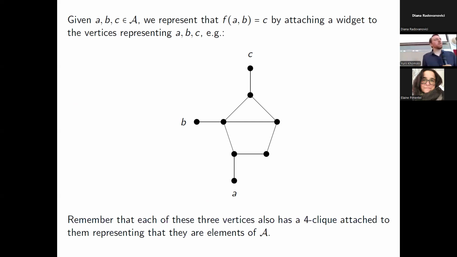The other thing that's important is when we look at the graph and we see a widget like this, we can tell which is the first element attached, which is the second, which is the third. Because you see this pentagon, you see the line across, and then this vertex, and this vertex all look distinct from each other. This is the one that's part of the 3 cycle, but not the 4 cycle. This is part of both. This one's the one that's part of the 4 cycle. So your widgets have to be distinguishable,